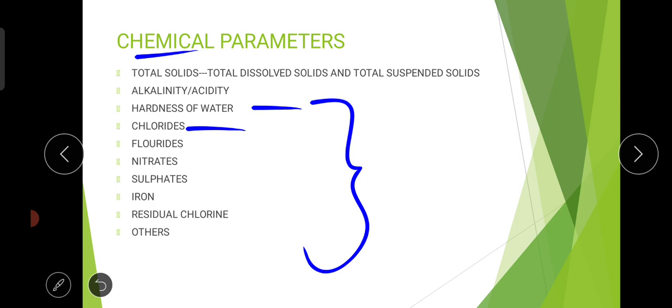So how to estimate this? By using AgNO3. It's also a titrimetric method. In the burette we have to take AgNO3, and we have to titrate, and a red precipitate will form. So that is why this particular reaction is also called a precipitation reaction. Here for chlorides, the limit should be less than 250 mg per liter. 200 is advisable, till 250 it is not objectionable.